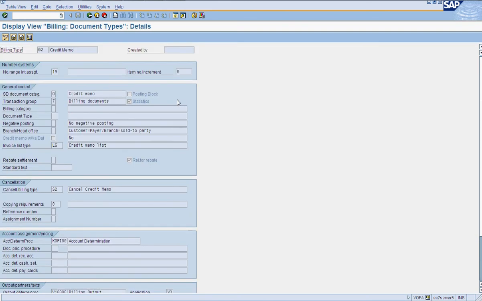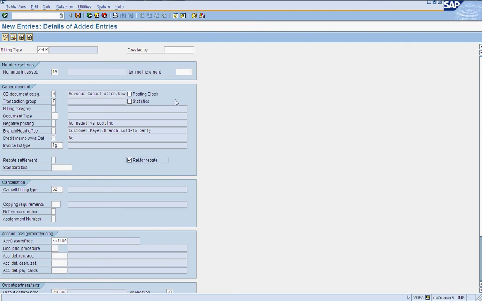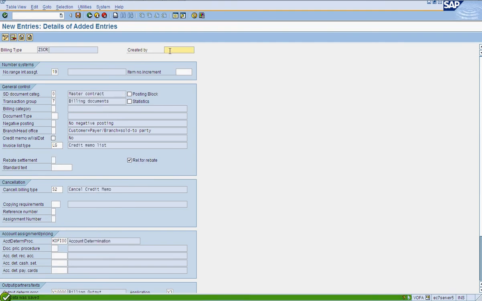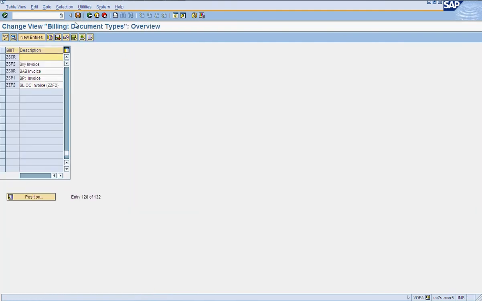I think we forgot to add that. Yep. So now we have created a new billing type. We have created two billing types, one SAP credit memo and one SAP invoice.